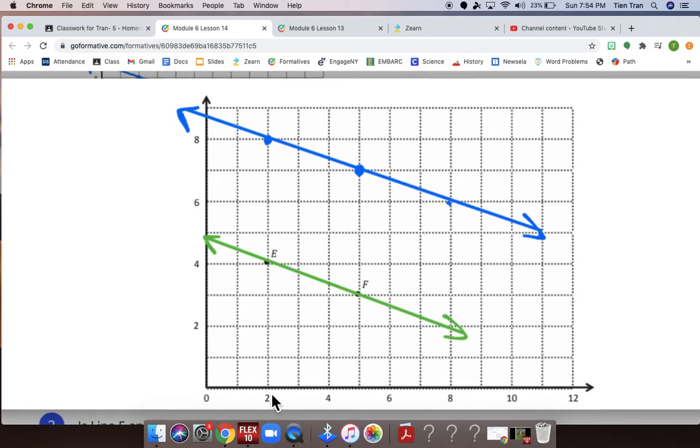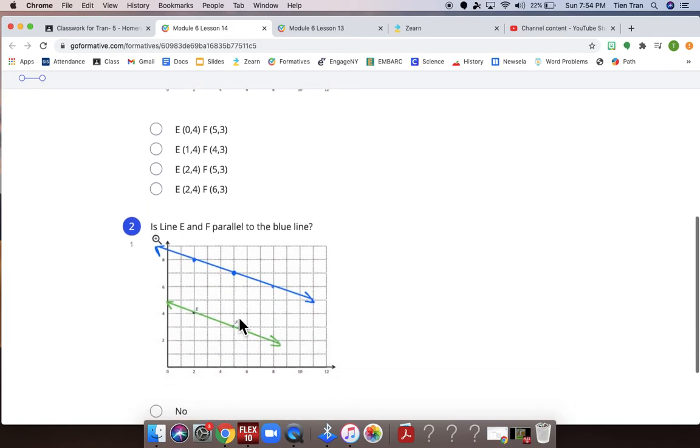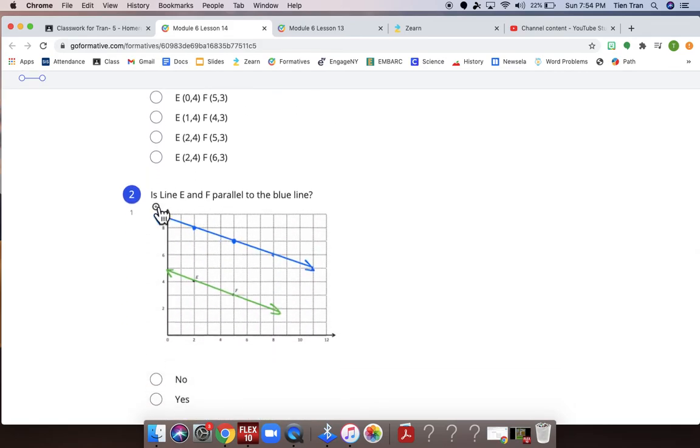For E, I noticed that I am on my x-axis, I moved to my 2, and I moved up to 4. So I have 2 and 4. And for F, I moved to 5, and then I move up, and I have 3, so 5 and 3. So you're going to click which one is the correct answer, and now you're going to do that for the next one. It says right here,